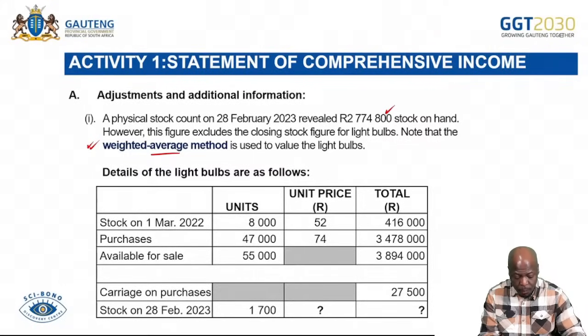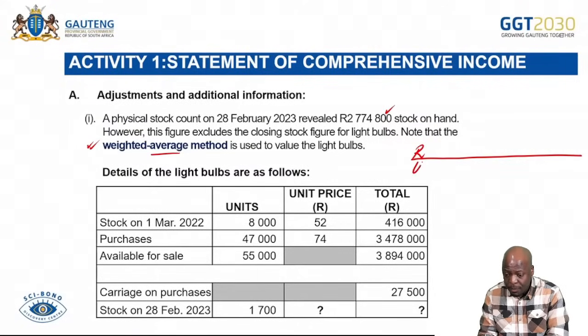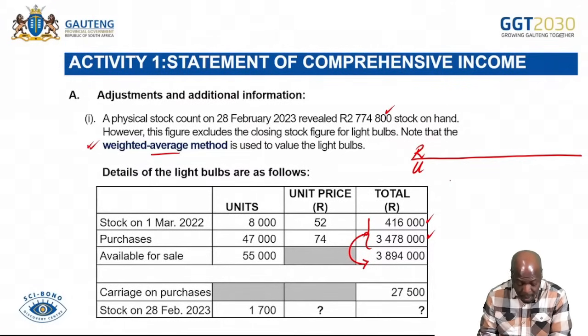So what we want to do now is to calculate the value of those units. Okay, so what do we do? We start now. If we're using the weighted average method, remember we have to divide. It has to be our rands over our units. We could have said opening stock plus purchases, but you already know that it will give me the units available for sale, so I might as well just take those. So I'll come here and I'll say the units available for sale, which is your